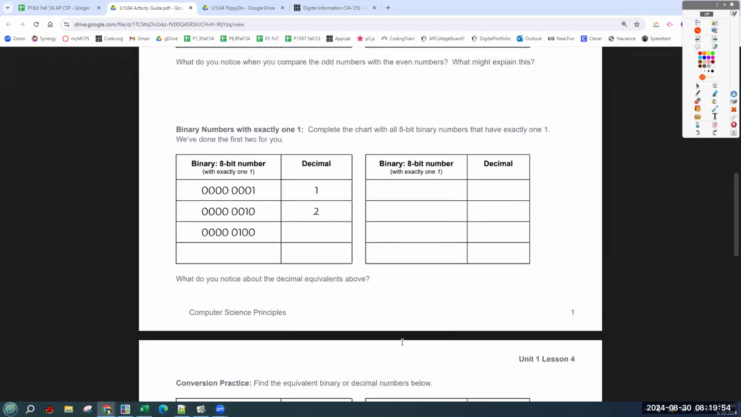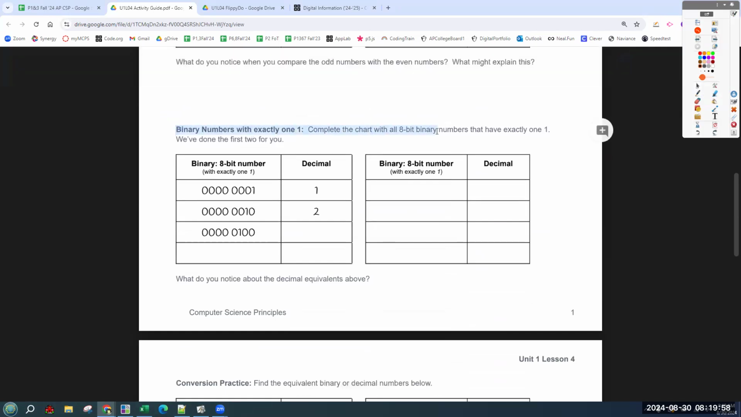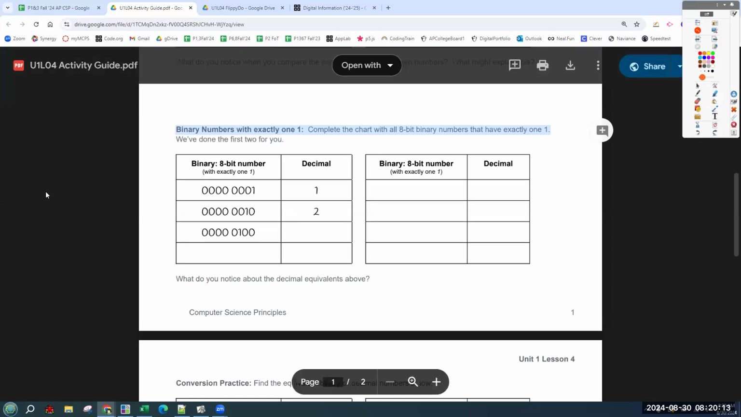Okay, good. Second part, all of the binary numbers with exactly a single 1. Grab one of those blue sheets and one of the yellow worksheets that's over there. Anywhere. Thank you. Okay. All of the binaries that have a single